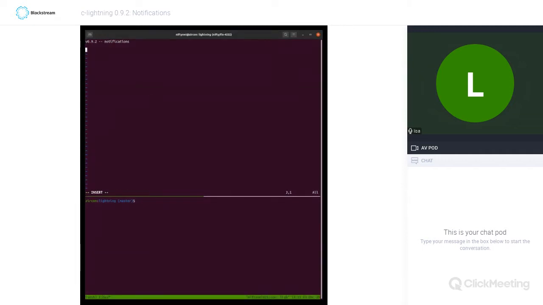Okay, so we're doing notifications. First I'll do a quick demo so you can see what they look like. The easiest way to do that is using what's already been implemented. I think the only command that we've added them to so far for version 0.9.2 is the close command. So what I'm going to do is